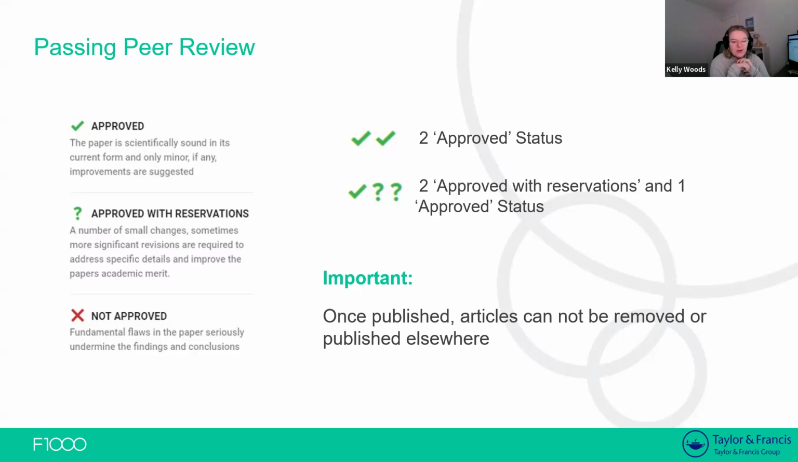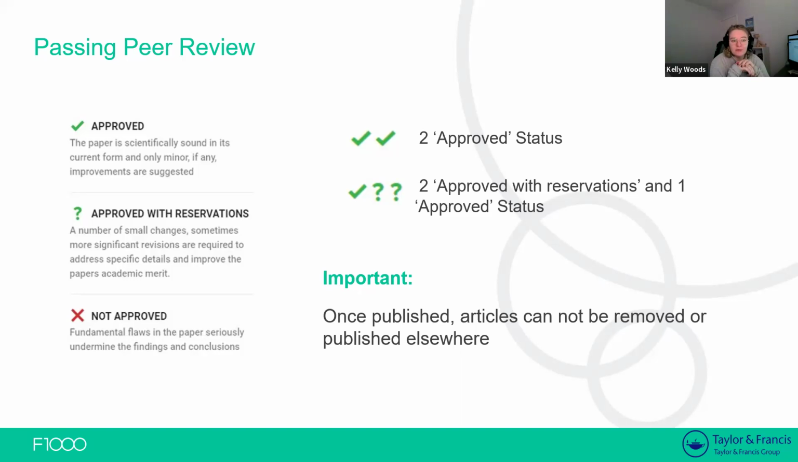It is important to note, and I mentioned this already, that once published, articles cannot be removed or published elsewhere. So even if you submit your paper and you receive all approved with reservations reviews, or perhaps even not approved, the paper does remain as a version of record on the website. It's not rejected, though. The authors have every opportunity to go back and make amends and improve their article as requested by the reviewers, and they will then be reconsulted to re-review the revised version of that manuscript and hopefully